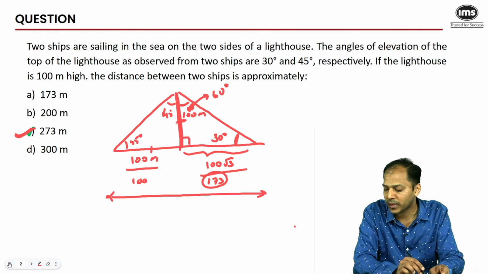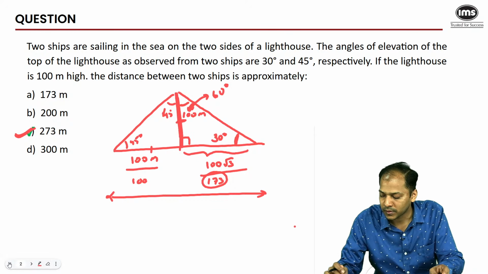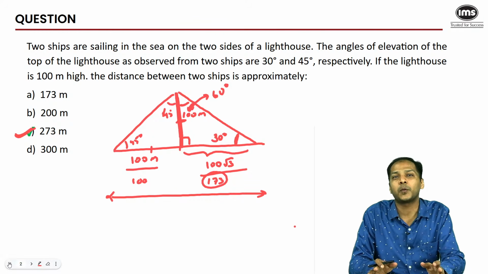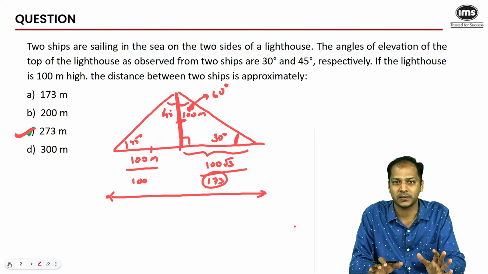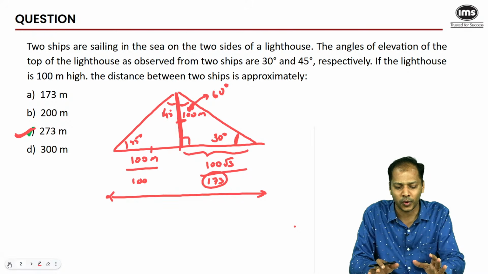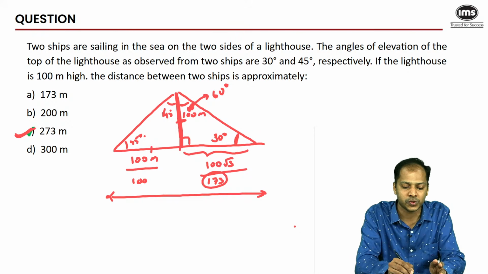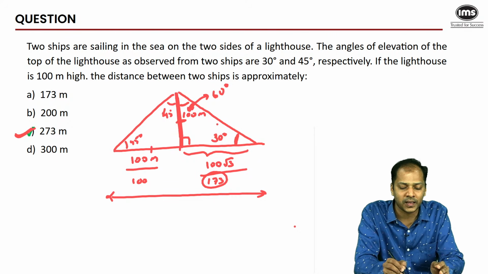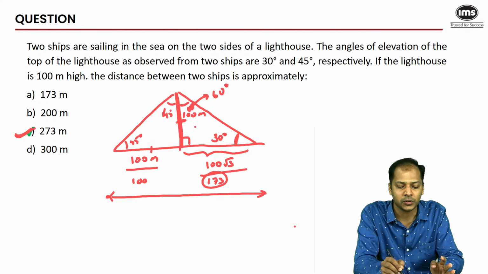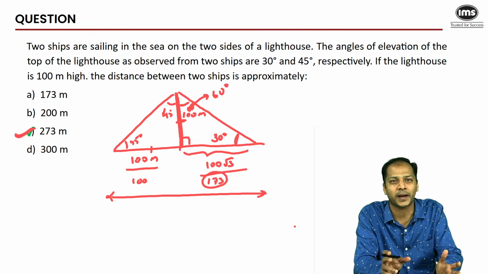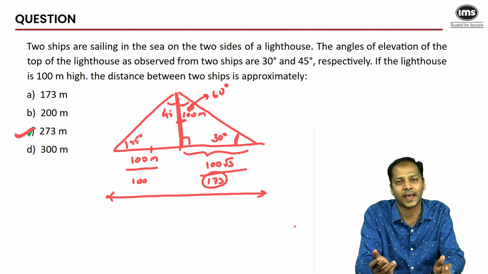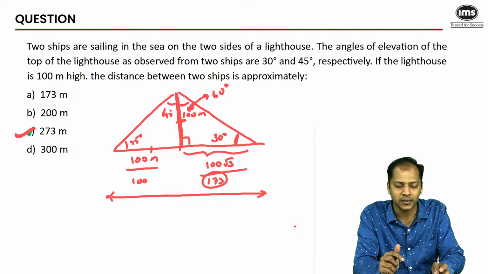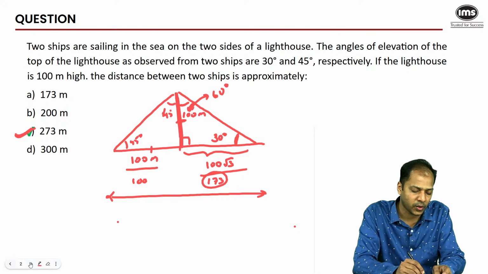Before that, someone had asked a question in the chat: can you use trigonometric ratios and solve it? I would avoid doing that, so in this session today I wouldn't solve it that way. Otherwise, it's very simple. You have to use opposite and adjacent, so you'd use tan. You have 45 degrees and 30 degrees involved, so you would use variables and write them in terms of tan 45 degrees and tan 30 degrees, and you should be able to get the answer. Okay, so let's go ahead to the next question.